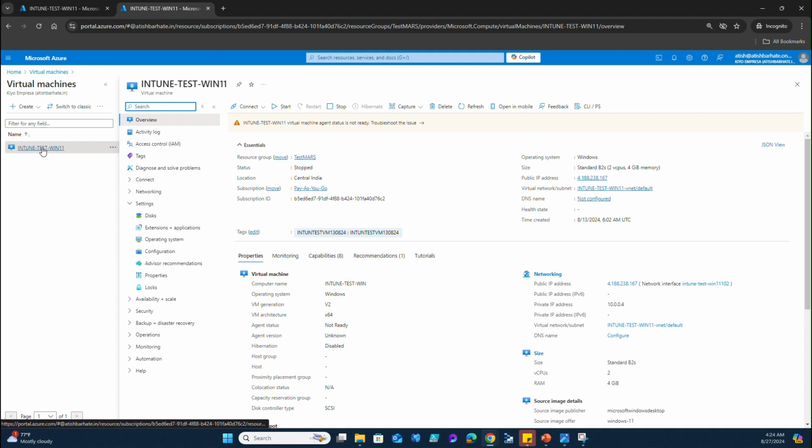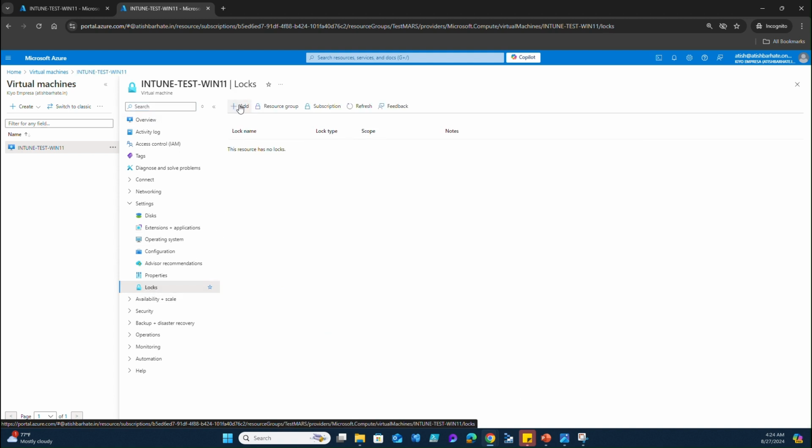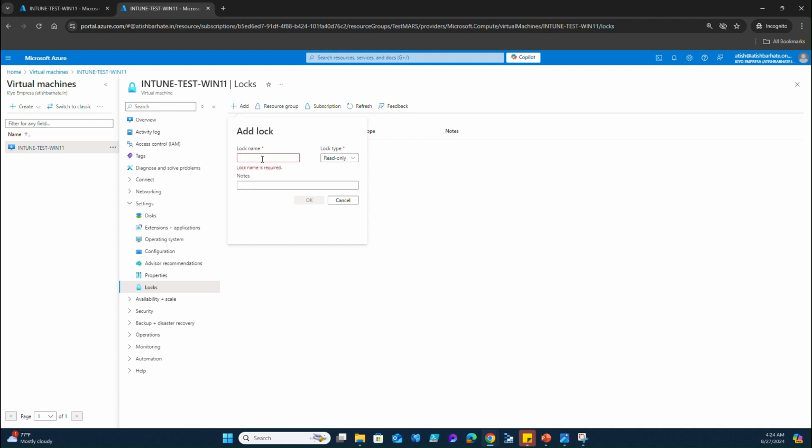Go to Virtual machines. You just need to click on the virtual machine, or any resource where you want to implement the locks. Then inside the settings you can see the Locks option, then add the lock name,